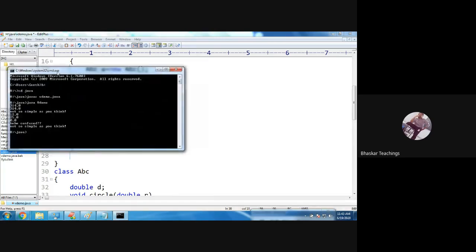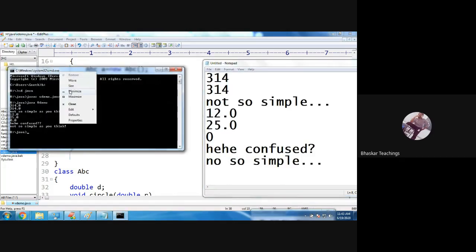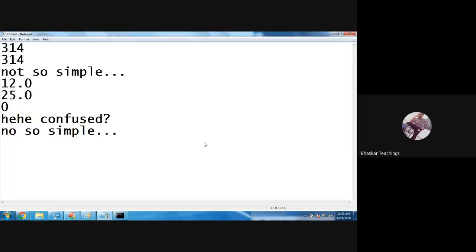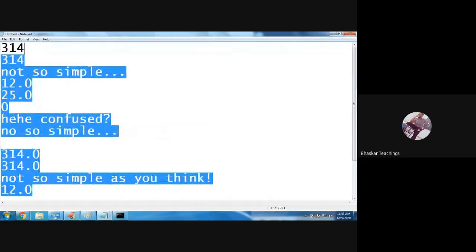Now let us compare our output. 314 314. Yeah, I forgot to give 314.1. It's a double value, right? Double value. Let me copy. So this was our expected output, and this is our actual output.